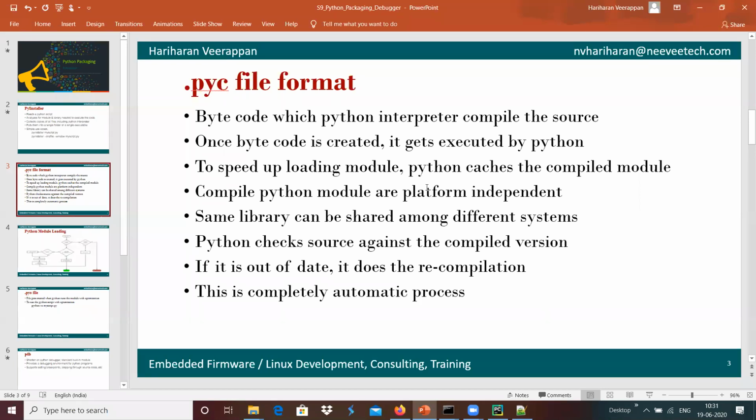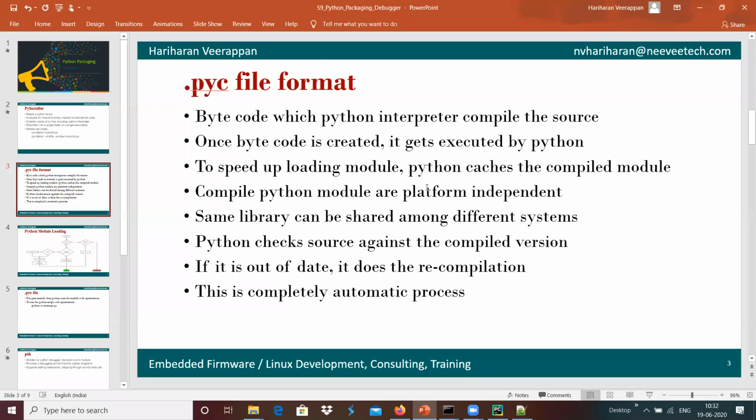A compiled Python module is platform independent. For example, this PYC file can be copied to any other system like Windows, Mac or Linux, and the same library can be shared with different systems.